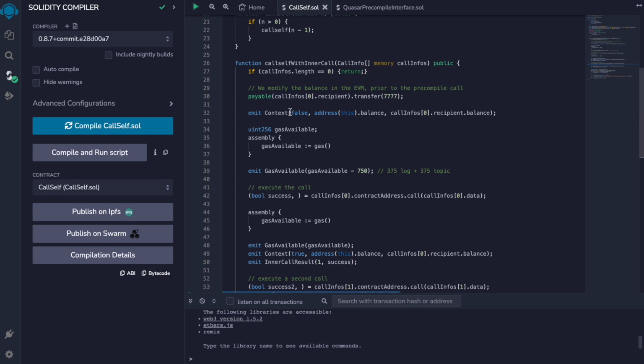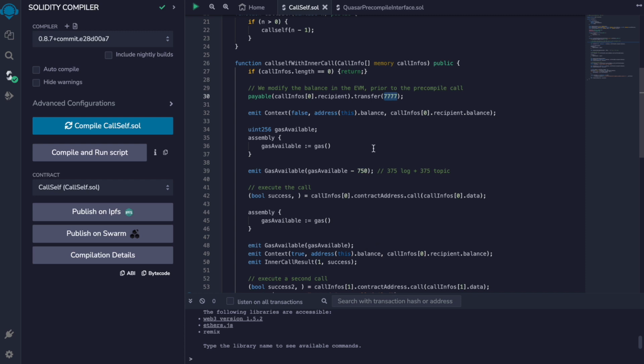And another thing here, we also modify the recipient's balance from inside the EVM prior to doing the precompile transactions.